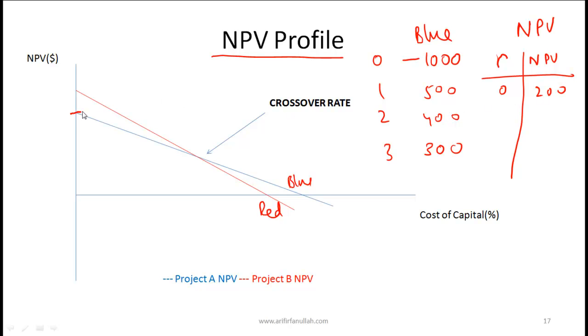So on this project we have 200, and then as we increase our discount rate to 5%, the present value of these future cash flows will become a little less. So at 5% we have a certain number, and at 6% we have a certain number, and so on. Now what's the significance of this 200? 200 is simply the sum of the undiscounted cash flows. So the y-axis intercept is the sum of the undiscounted cash flows, and this point over here, the x-axis intercept,